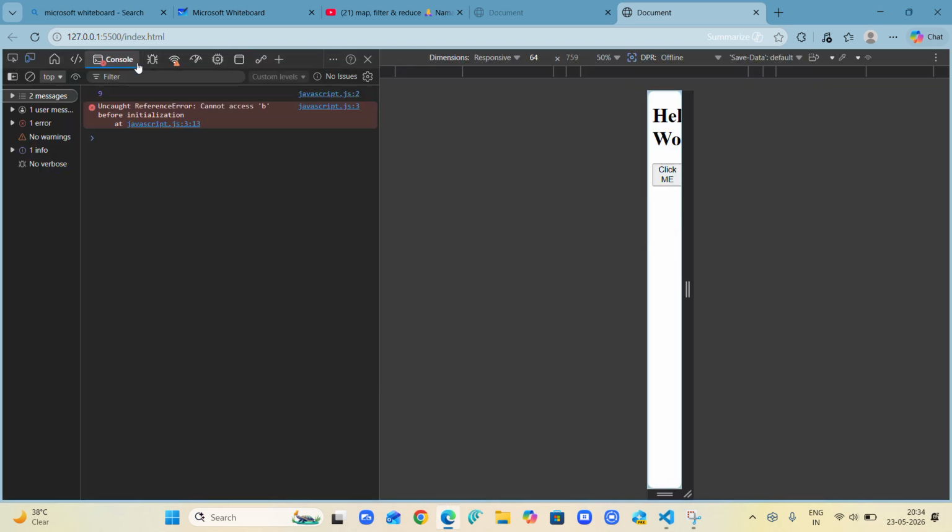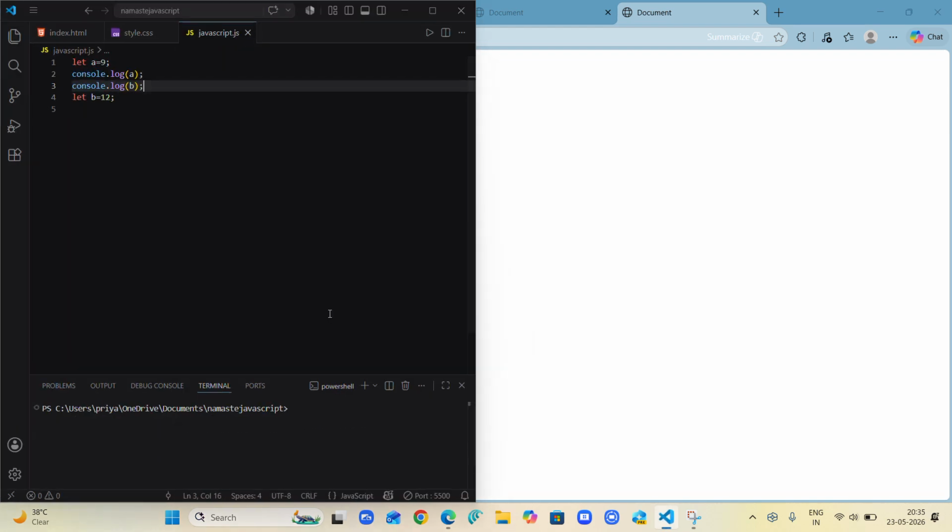In the console, it shows: uncaught reference error, cannot access b before initialization. In the let part, this is going to show a reference error, meaning it cannot access b before initialization. We are trying to access b before initializing it. But at the same time, if we declare var b equals 12,